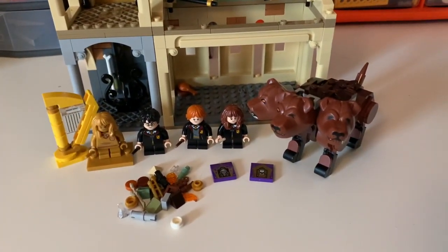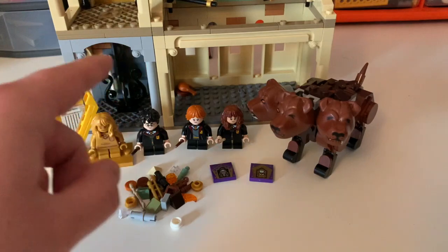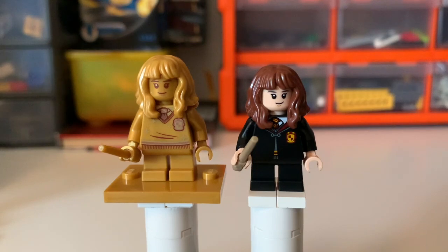So we get a grand total of 4 minifigures, as well as a number of smaller builds which can be combined to make the larger structure in the background, and a couple of side builds. I think we'll take a look at the figures first and then move on through the side builds onto the main build. So as I did with that first set, we'll start off by taking a look at the golden